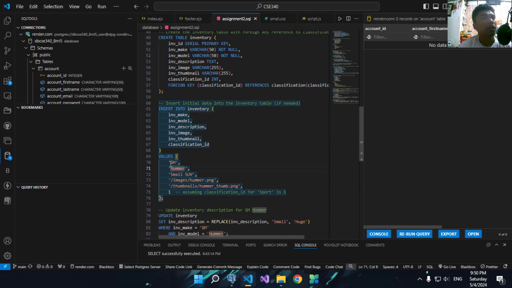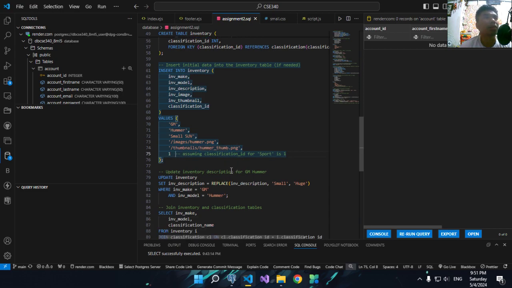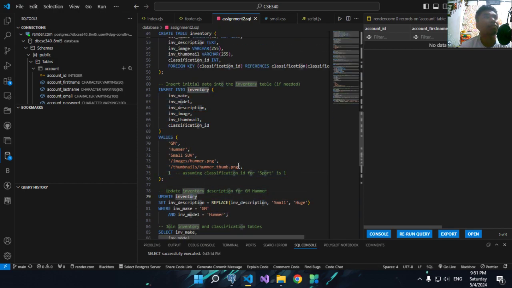And these are the values, the data that should be input in the table. So this is the make, this is the model, this is the description, this is the path of the image. After that, this is the other image, and the number of the data.